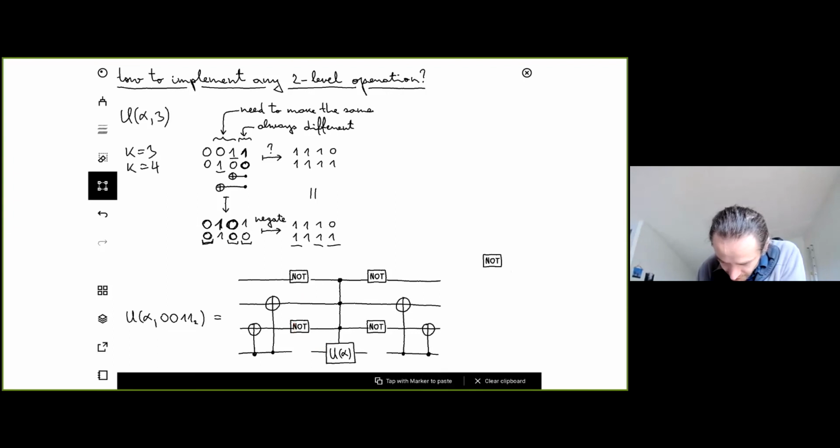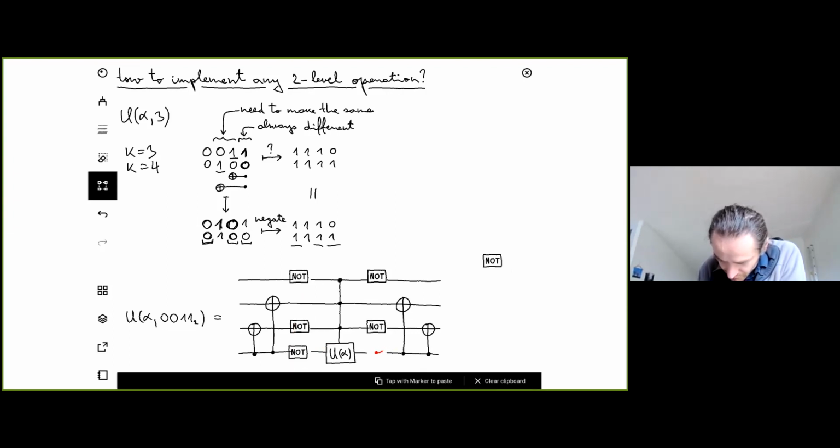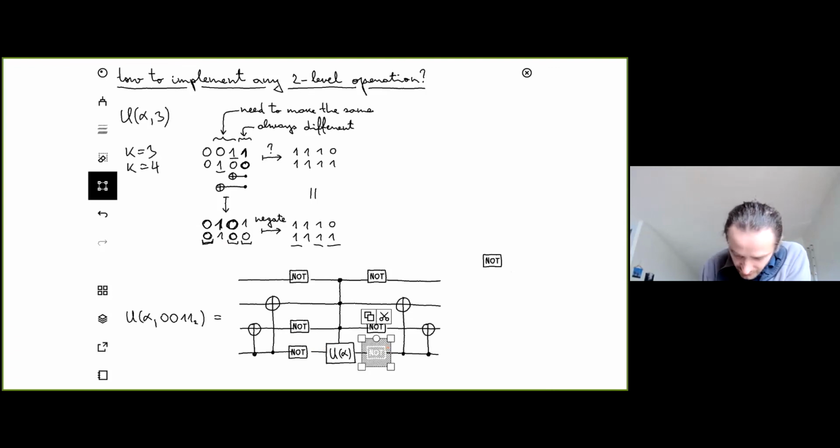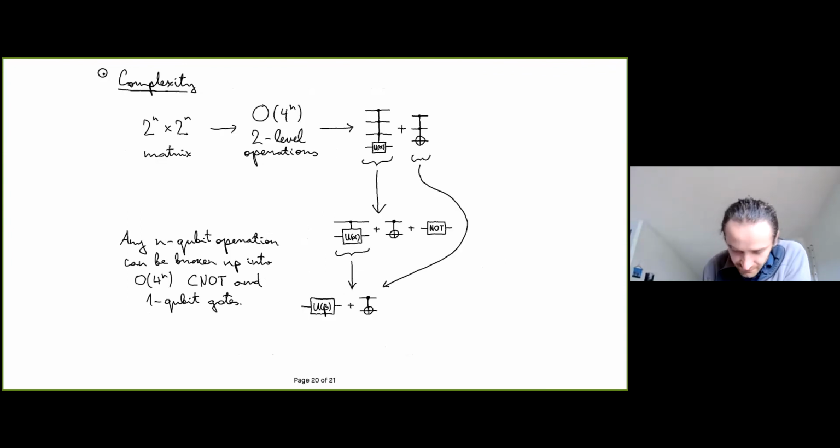Okay, so then the overall circuit looks like this. And so what this lets you do is simply use this multiply controlled rotation that we already know how to implement to implement a completely arbitrary one. Okay. All right. So now, if you cascade all these things together, then what this amounts to is you have